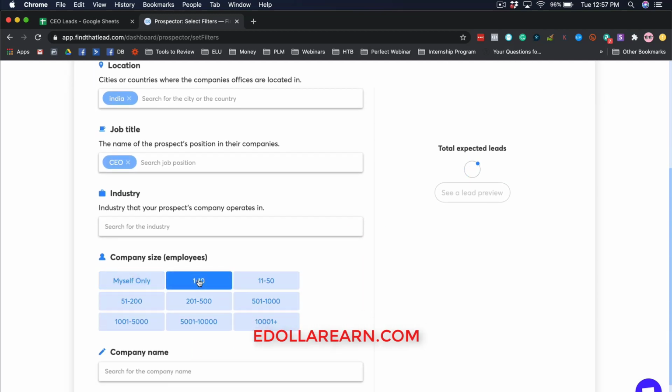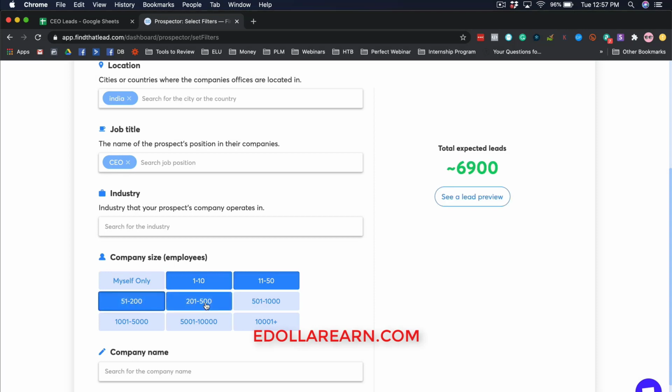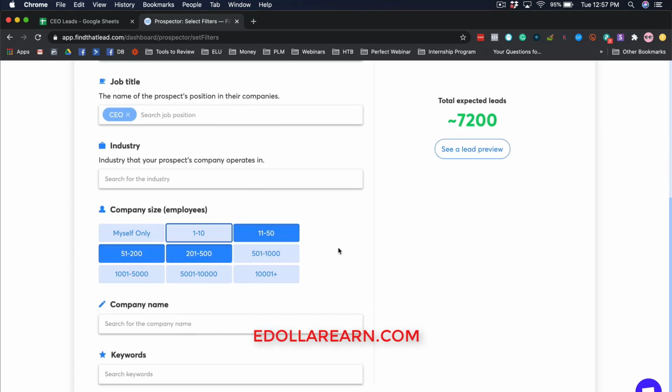Let's say the company should have 1 to 10 employees, 11 to 50, 51 to 200, 201 to 500 employees. So now we have 9,900 leads. If I remove 1 to 10 employees, then you can see that I have 7,200 leads.